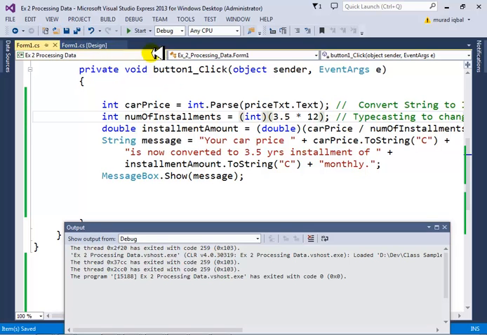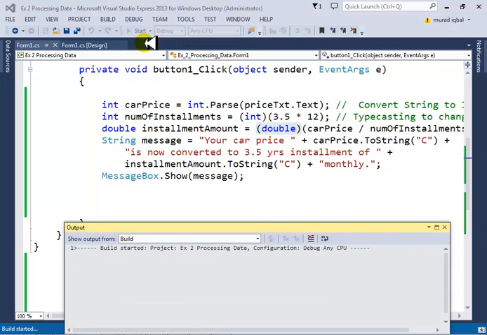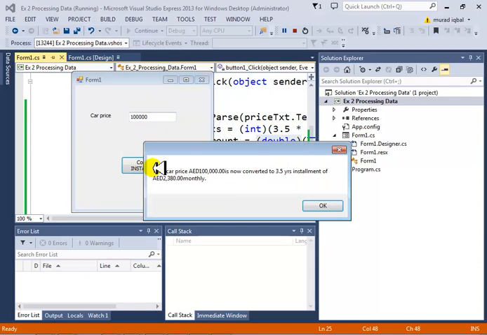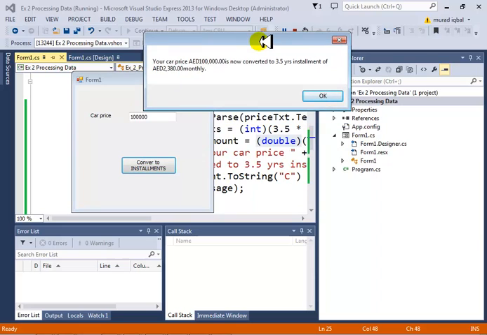So let's save this and run this again. All I did was convert the equation from integer to double through this typecasting. Now let's do the same values: 100,000, convert to installments. Now I get something like this: 2